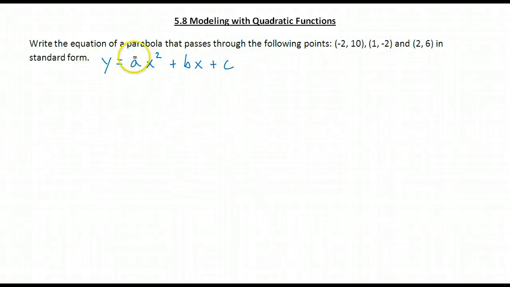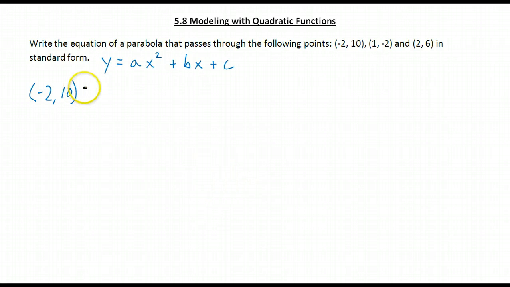I need to figure out an a value and a b value and a c value so that my parabola goes through these 3 points. In order to do that, I'm going to think of these ordered pairs as input-output functions. If I input -2, my output has to be 10. If I plug -2 in for x, my output, my y, has to be 10. So that's where I'm going to start